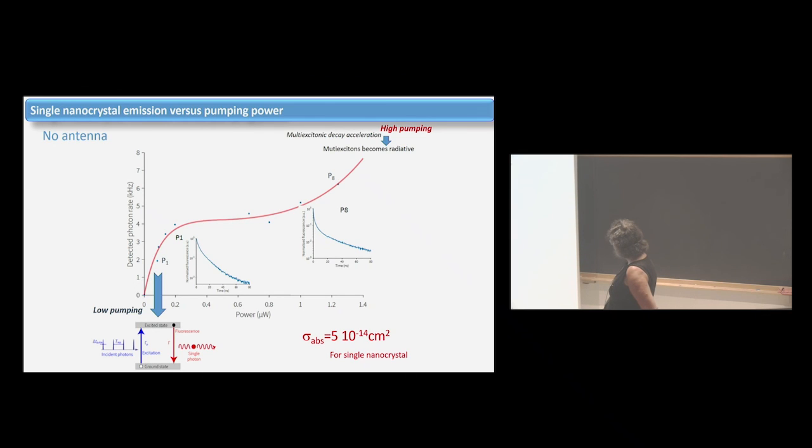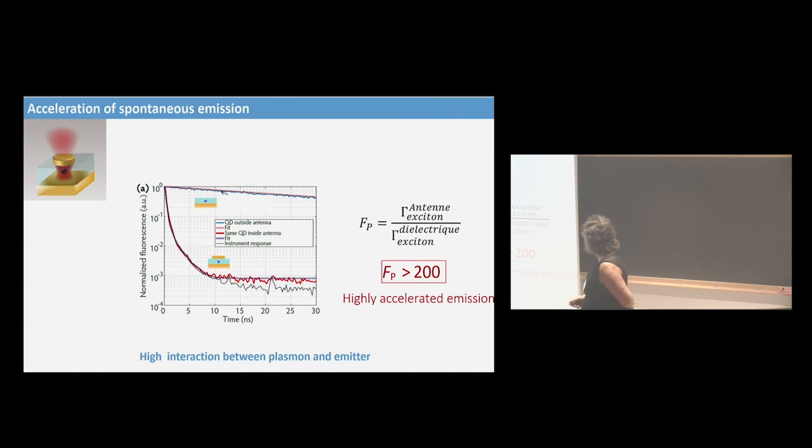Here the scale is micrometers, between 0 and 1 micrometers, and we have this for a single nanocrystal. And here we have a strange thing that I will not discuss here, which is linked to the fact that for high power, you cannot express your system as a single two-level system. But I will not discuss this in this talk.